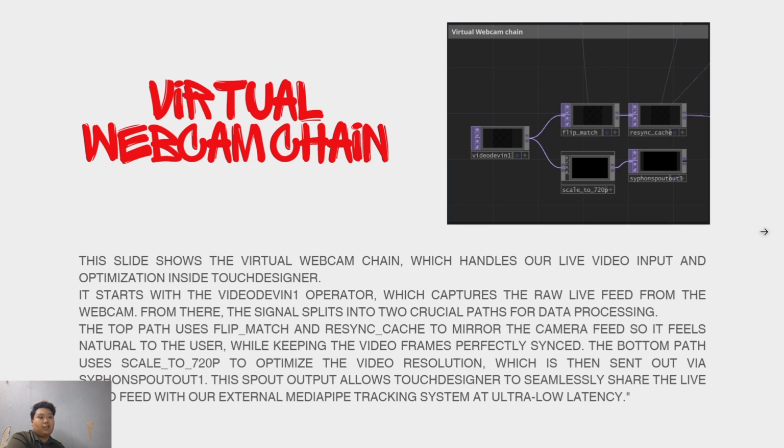Virtual webcam chain. This slide shows the virtual webcam chain which handles our live video input and optimization inside TouchDesigner. It starts with the Video In operator, which captures the raw live feed from the webcam. From there, the signal splits into two crucial parts for data processing. The top path